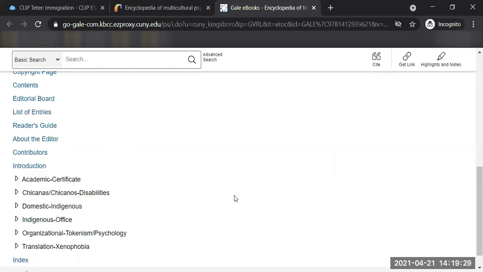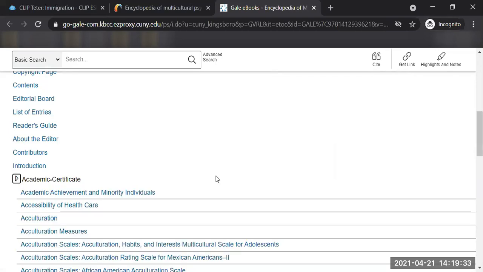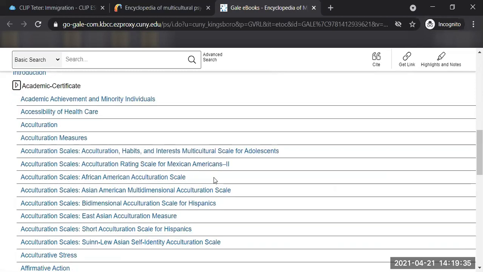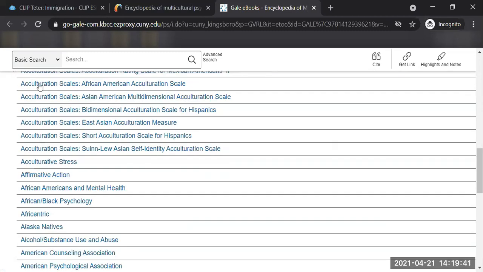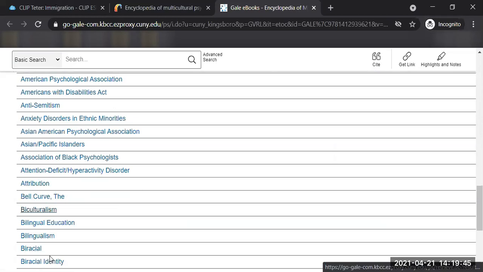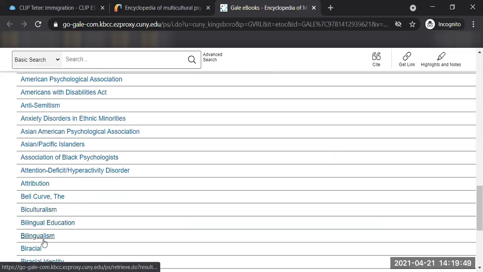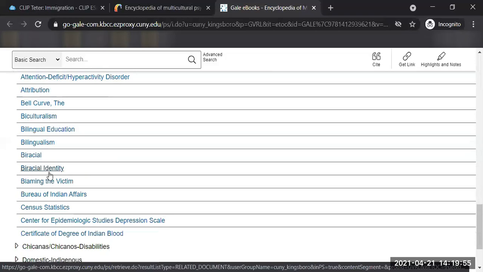You can click on the expand icon to open that section, and then just like before with the chapter links, you can click on any of these: bicultural or bilingual education, bilingualism, biracial identity. You could click on any of these,